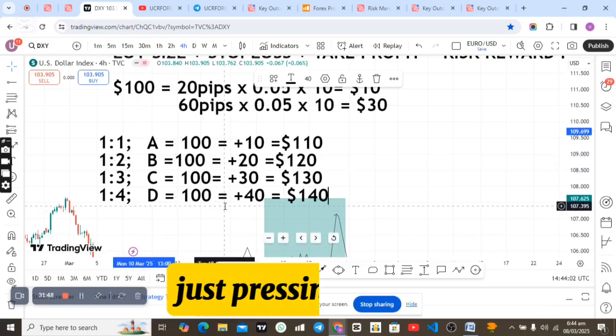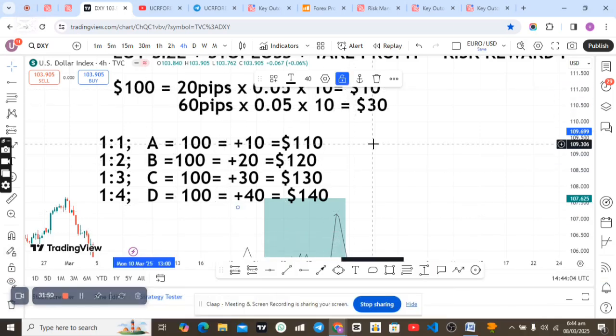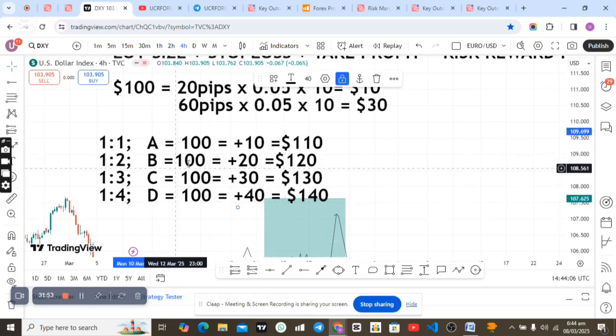Now, in the next session of the video, I'm going to explain to you how this particular risk to reward ratio can enable you to stay in the forex market for a very long period of time, and the advantage and disadvantage of a good risk to reward ratio. You're going to understand how this can keep you going even during your winning streak and your losing streak. Okay, for now, we're going to stop this particular video.